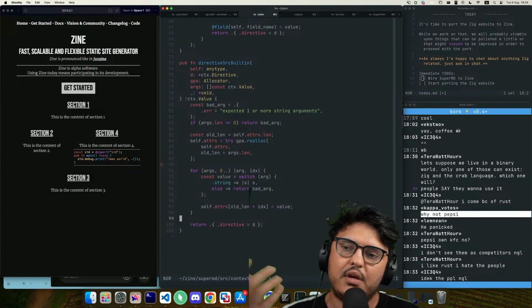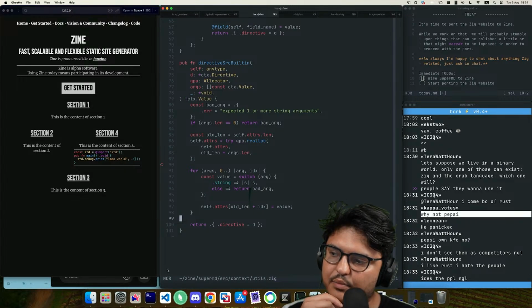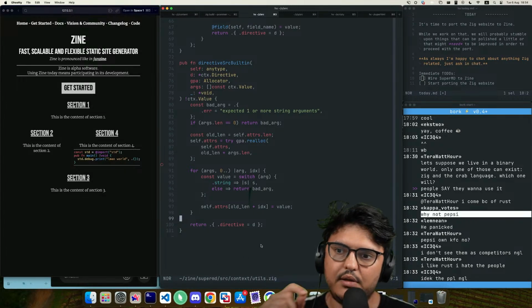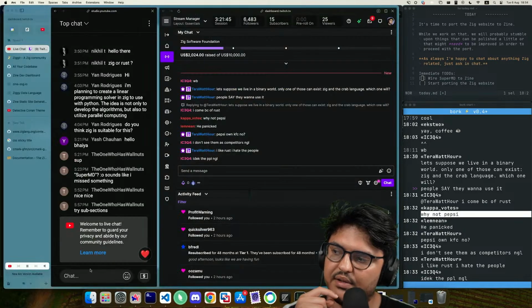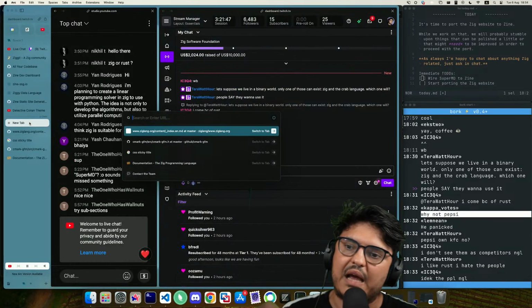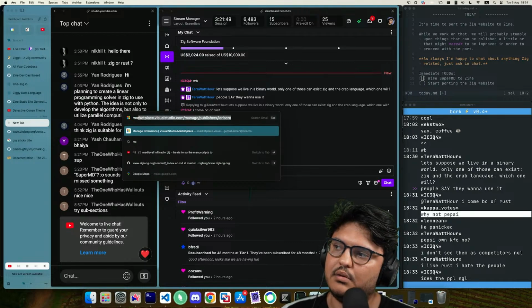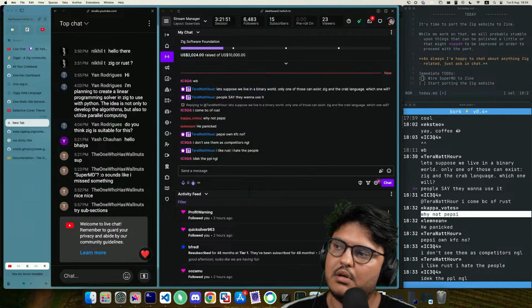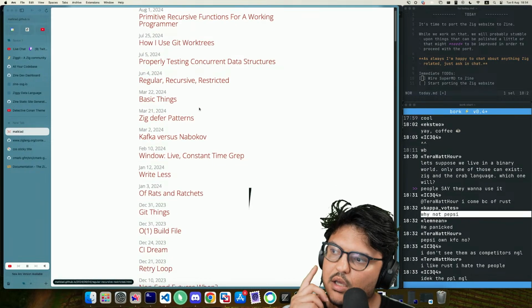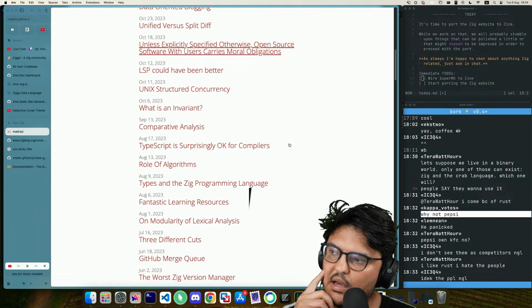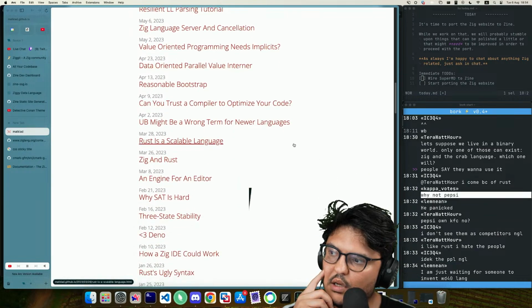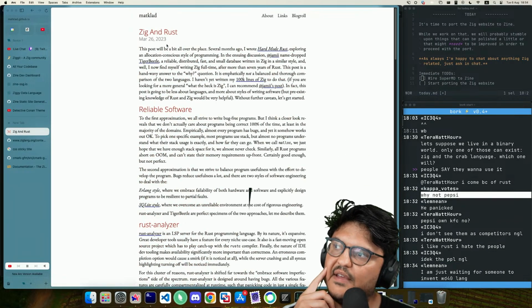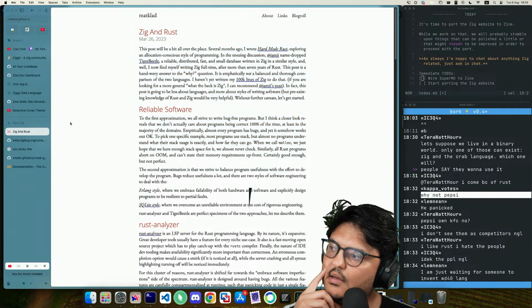Well, it's not. Honestly, I feel like the person who has the best take on comparing Zig and Rust is Mattclad. He has on his blog a blog post about Zig versus Rust that I feel is a pretty good take, so I would recommend this read.